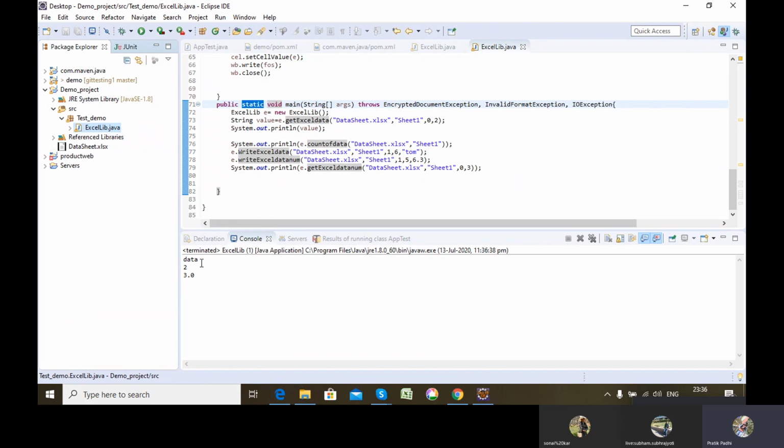See, here data came, which I was expecting. Then 2 came because 2 rows were full. Then 3.0 came as there was 3. And now we will see that Tom and 6.3 are also written in the data set.